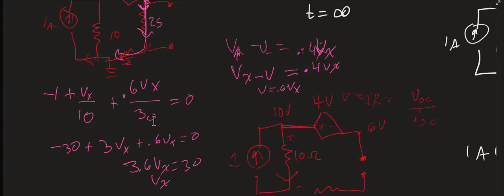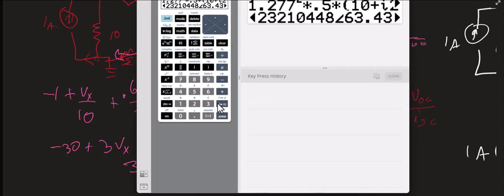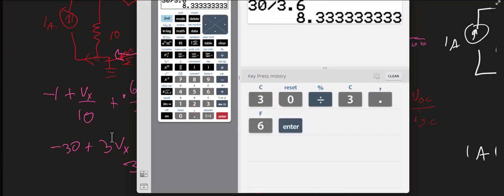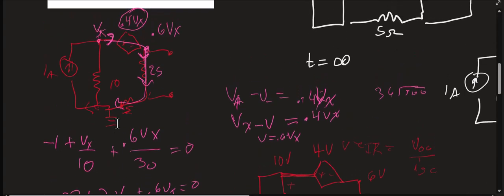So 30 divided by 3.6. 8.33. So Vx is 8.33, but we want the voltage across the inductor, which is right here,